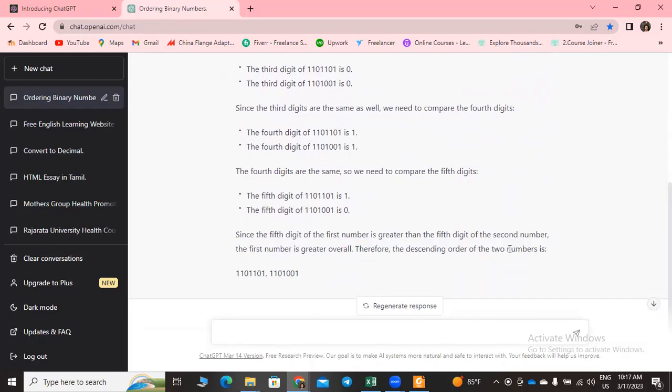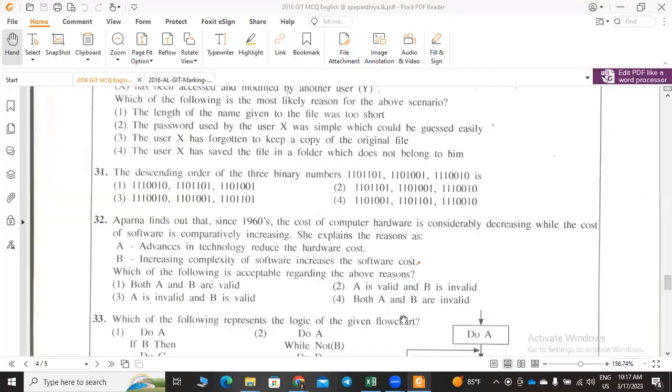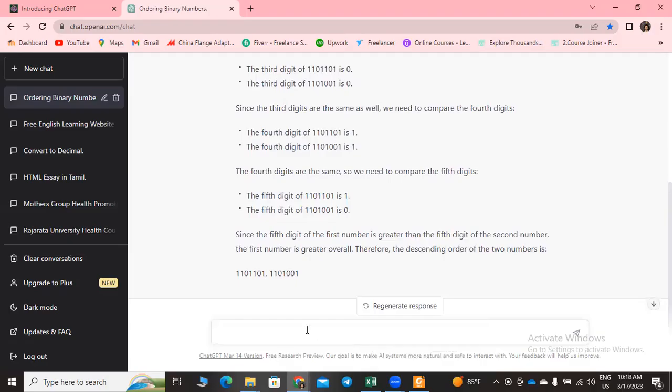Therefore, the descending order is 2. So we can easily see the first digit of these two is the same, second same, third same, fourth same. So at the fifth digit, here is 0, here is 1. So this is greater. So this is the easiest way, one of them, right? And also I suggest you convert to decimal, so okay, I will show you how to convert